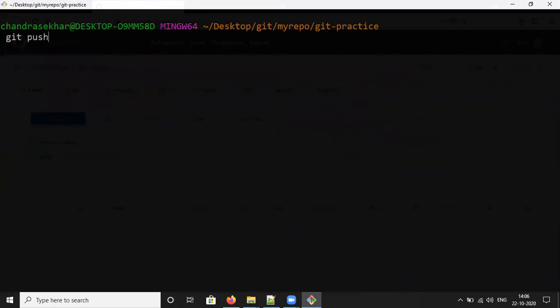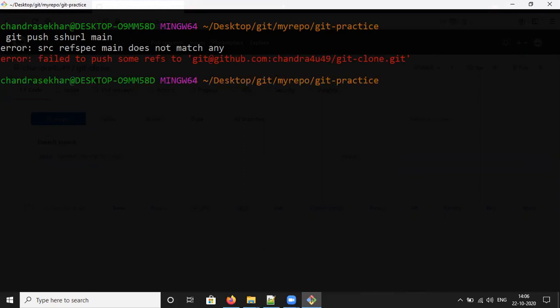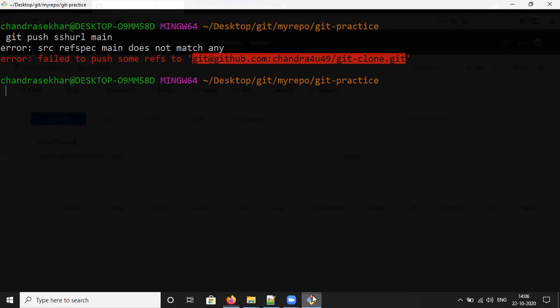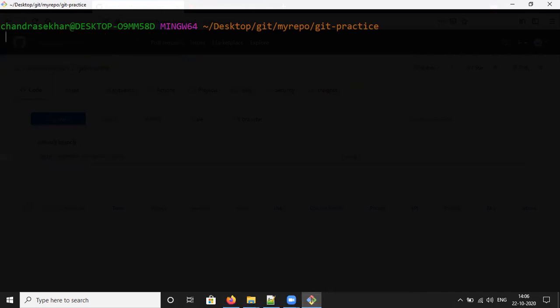Now can push, git push ssh url main. Failed. It does not match any. Okay, this means we are collaborating with other team members, so we need to check that.